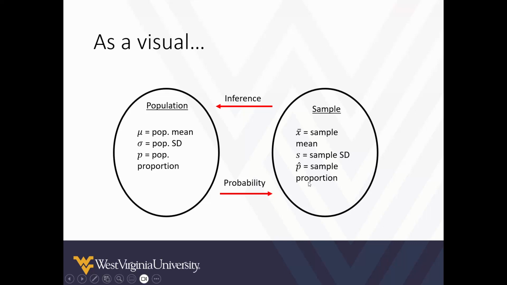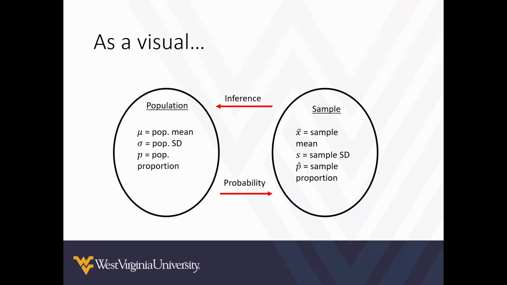For a sample standard deviation, we use the small letter S. For a sample proportion, we use a P with a caret, or a little triangle hat, on top of it. We pronounce this as hat, so P hat stands for the sample proportion. You might want to have these 6 symbols and their corresponding meaning written down somewhere,